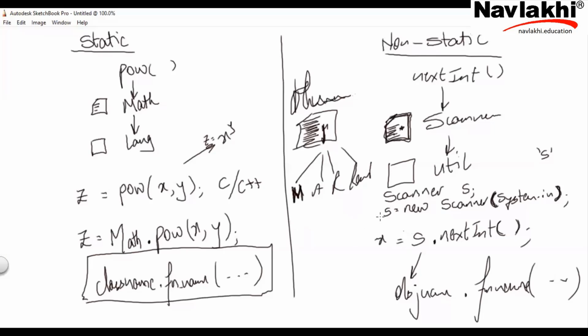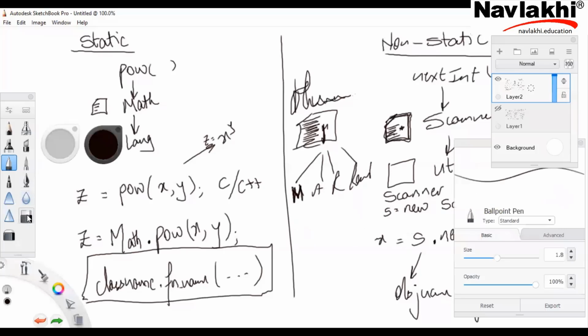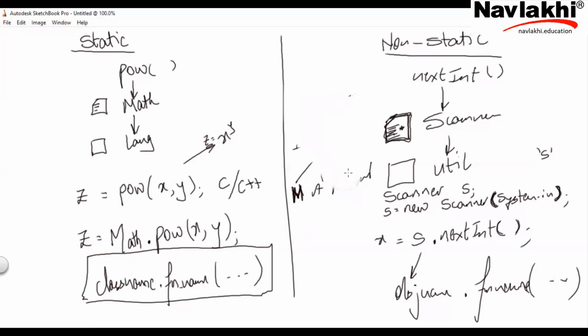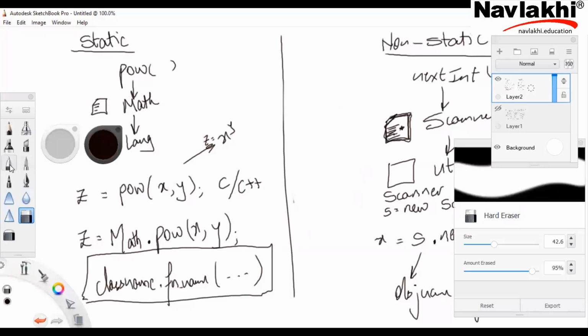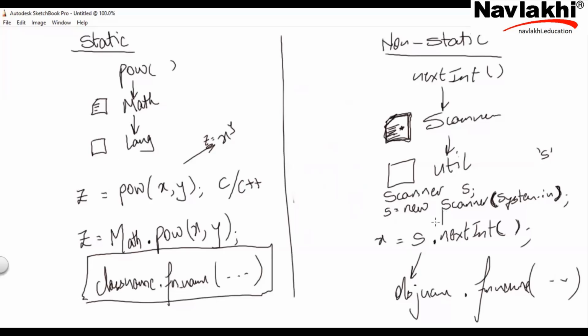Okay. Round bracket, meaning a function. So you are accessing the function, and that function is in which class? Scanner class. Scanner. And there's no dot before this function, only the name. Meaning the scanner function inside the scanner class, the input stream reader function inside the input stream reader class, the buffer reader function inside the buffer reader class, all classes have this same kind of function, basically the same name as the class.